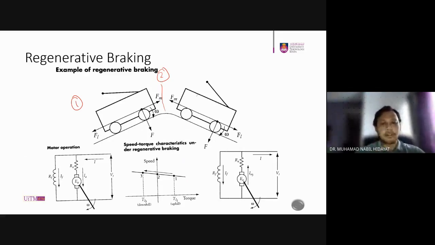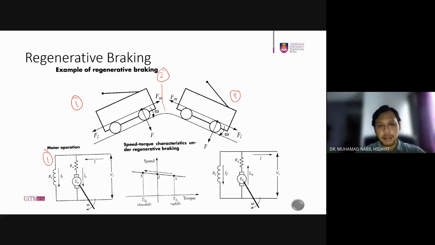So during condition number 1, in motor operation, you have VT, the voltage from the battery, supplying current to the armature and field, and it is in motor operation. In condition 2, you have no speed, it stops. And then when it goes downhill, in condition number 3,